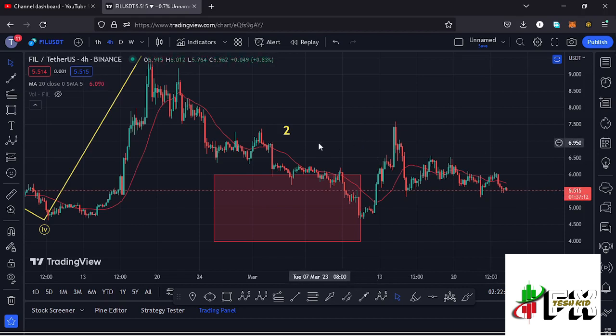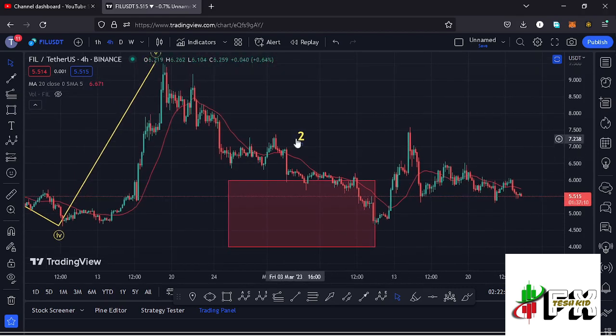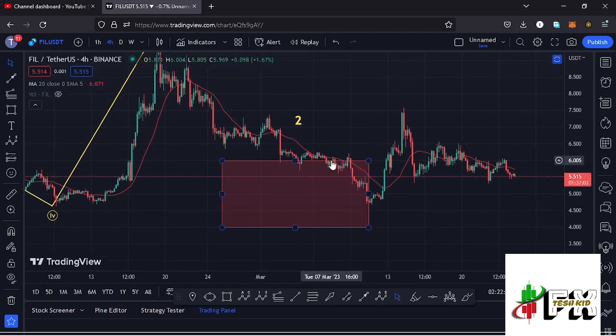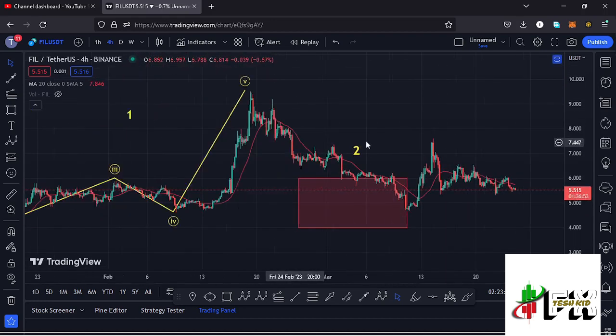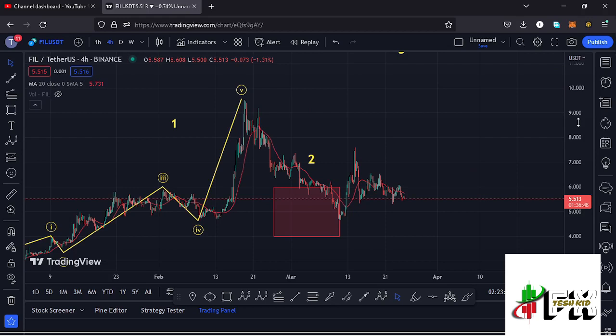We have also continued to obey the Elliott wave structures, where we had been seeing a bit of a breakdown to the lower side in the formation of this wave 2, in a move that managed to get into the minimum retracement area, which lies between the $6 mark and the $4 mark, giving us a low at around the $4.679 mark. Having managed to get into the minimum retracement area in the formation of that wave 2, I believe we have now bottomed out in the formation of that wave 2,